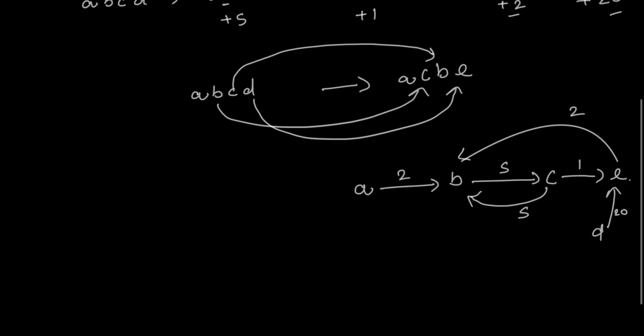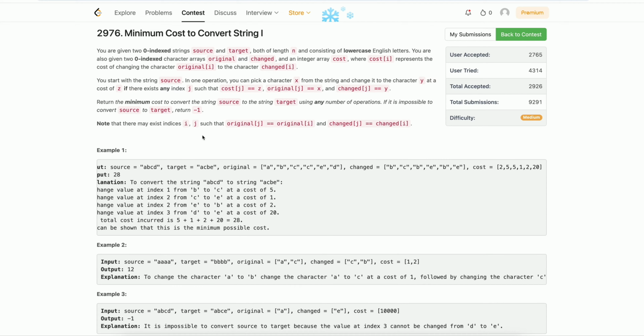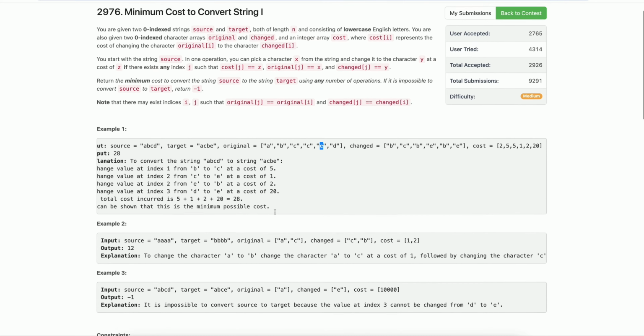Okay, so as we discussed, we need to find the minimum cost to convert the source string to the target string, and we are given some mappings of changing the characters and their associated costs. For example, changing A to B the cost is 2, and changing E to B the cost is 2, like that.